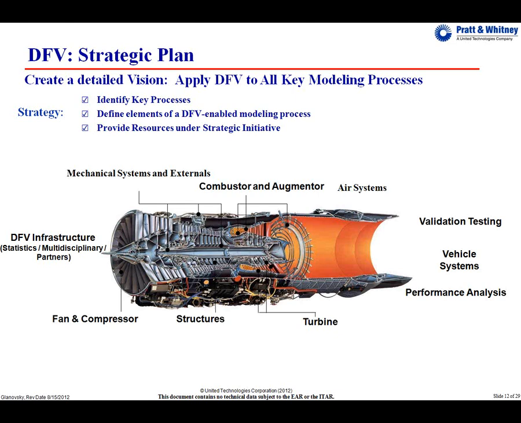We chose experts in each of these areas to lead those projects with us. Again, we know DFV, we know statistics, but we still need the engineers' help to actually do this. And using those leaders, we carried through a project in each of these areas. Now, unfortunately, I can't list all the details for you here, but I will tell you that what started as one project in each of these areas, the version today is going to show you about 12 or 13 different modeling processes in each of those areas that we have DFV-enabled.